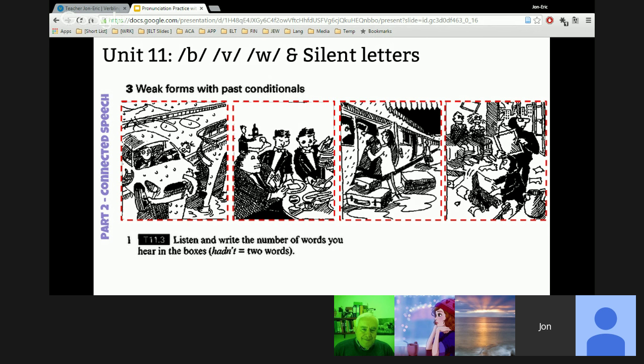So, in each of these pictures you're going to see, there's something that could have been done. Okay? And so I want you to practice both the third conditional and the weak form, like I just demonstrated. Not could have, but could have. Or not would have, but would have. Okay? So, Mr. Vincenzo,